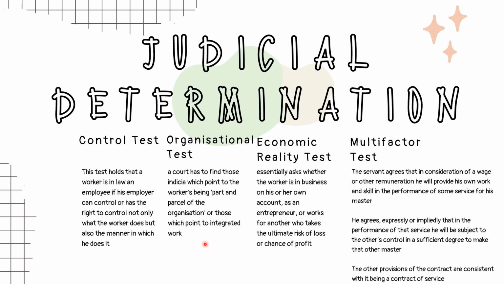They came to the conclusion that it was going to be called the organizational or integration test. If the organizational or integration test is applied to determine the nature of the employment relationship, a court has to find those which point to the workers being part and parcel of the organization, or those which point to integrated